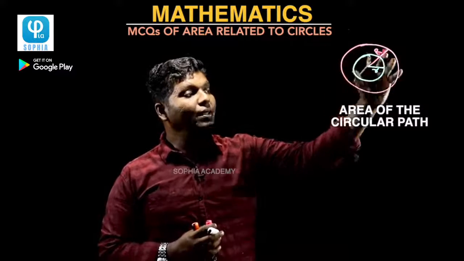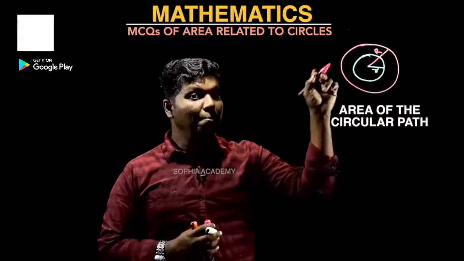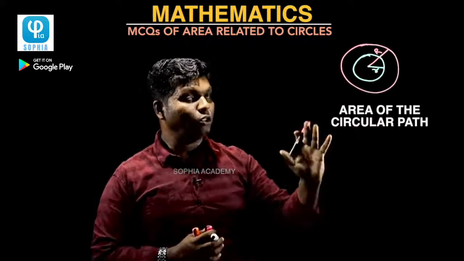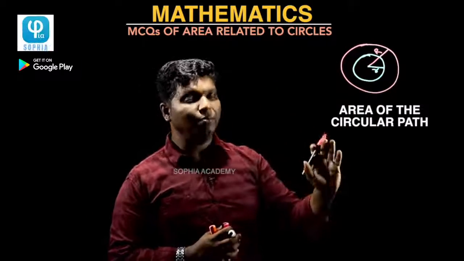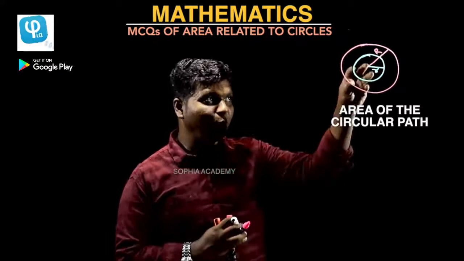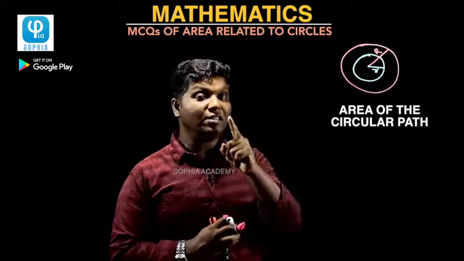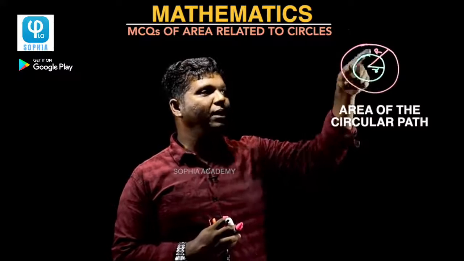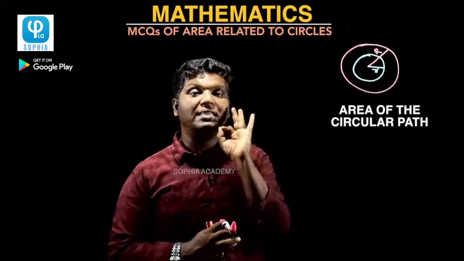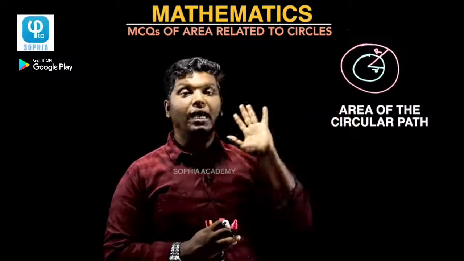You have to do the area of the total bigger circle minus the area of the smaller circle, right? If you are considering the area of the total circle, you will get the whole area. From that, if you are removing this much part and throwing it away, then the rest of the area will be the area which we needed, right? That is what we call a ring, or the circular